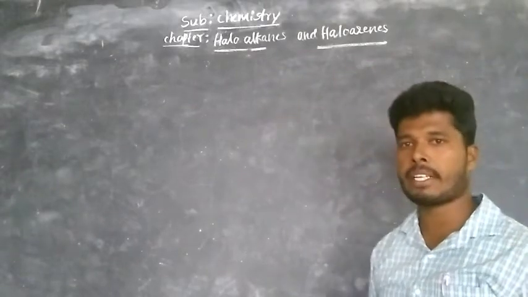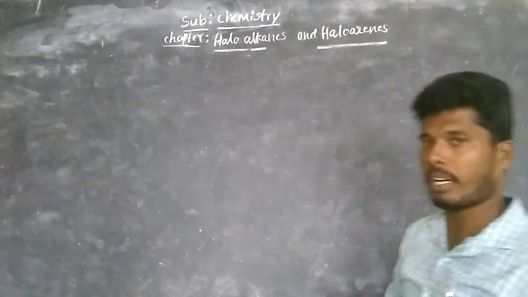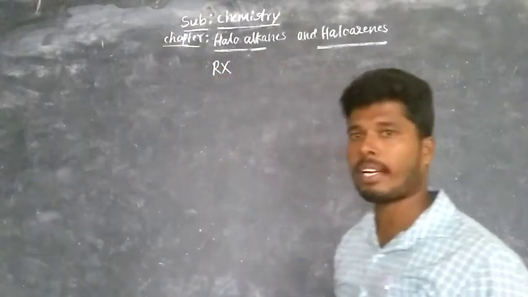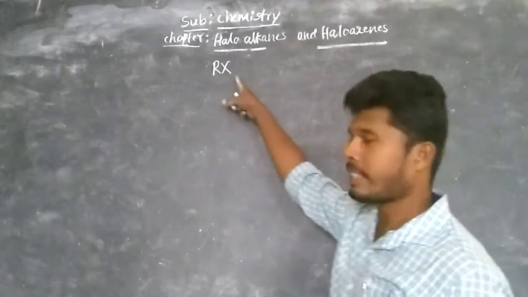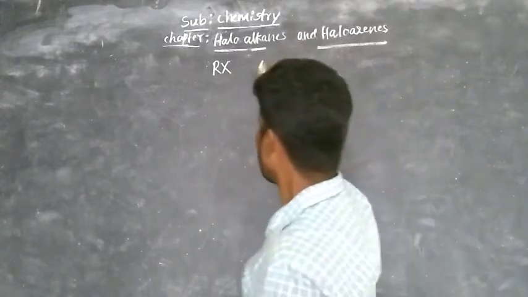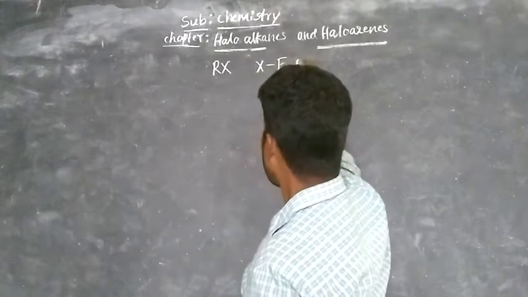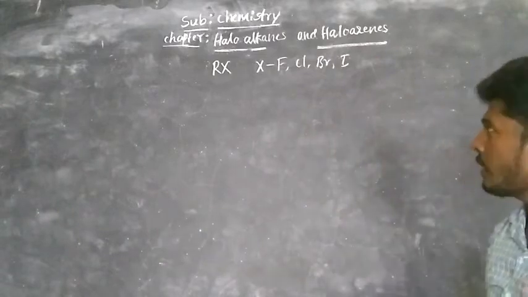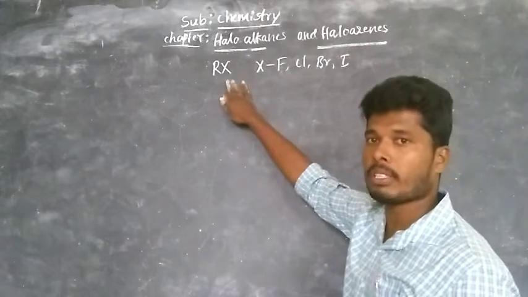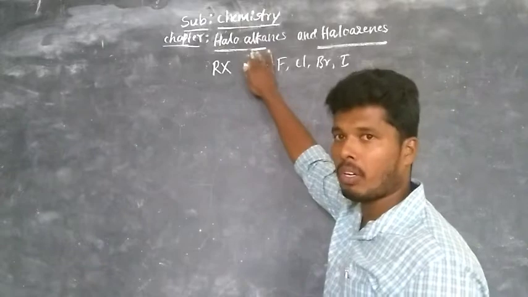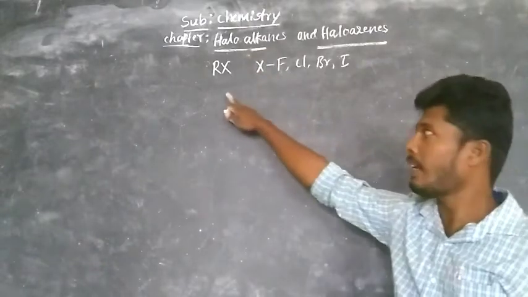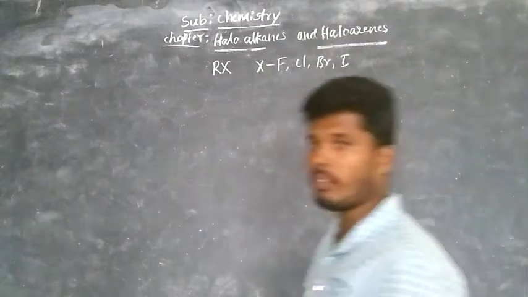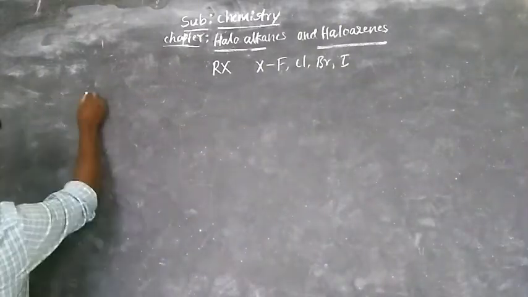The general representation of both haloalkanes and haloarenes is RX, where R is nothing but an alkyl group or aryl group, and X is a halide, that is, fluoride, chloride, bromide or iodide. If R is an alkyl group, then the resultant compound is called haloalkanes, and if R is an aryl group, then the resultant compound is haloarenes. So the definition of haloalkanes is defined as the halogenated derivatives